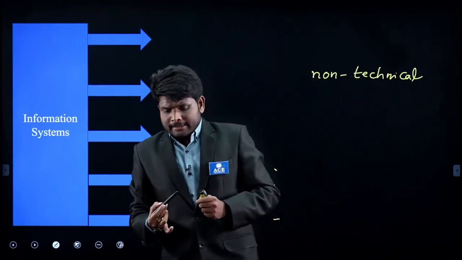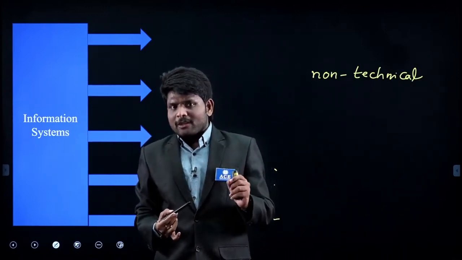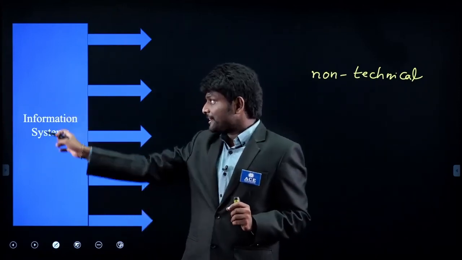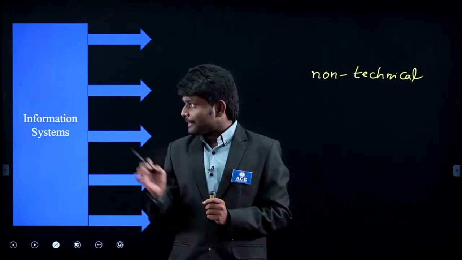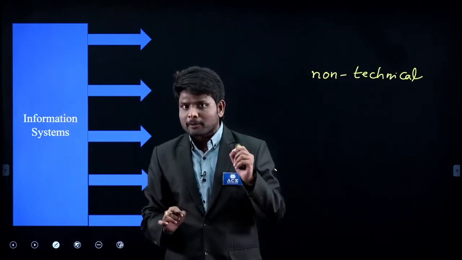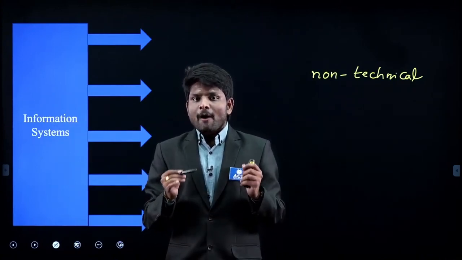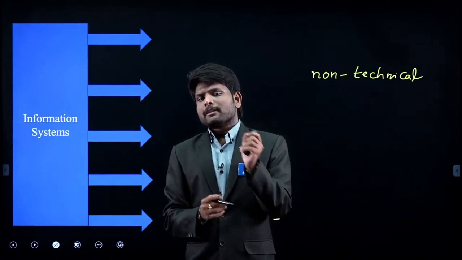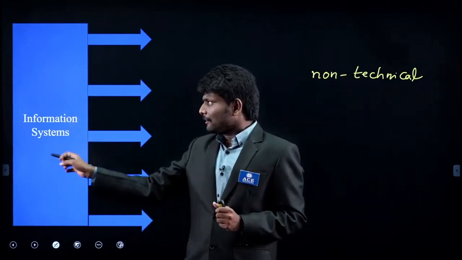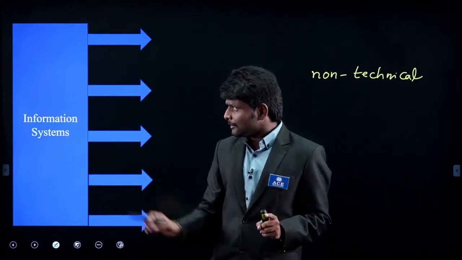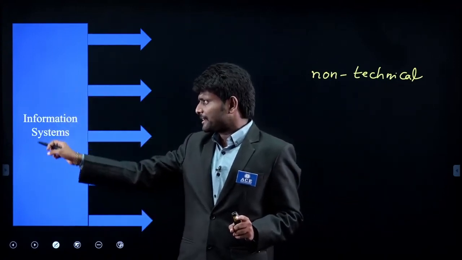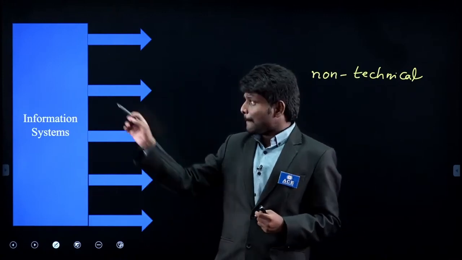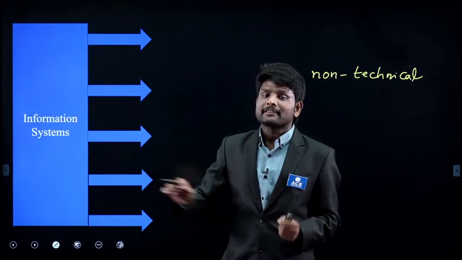Whatever terminology we are using may be related to computer science, but the applications of information systems are not specific to computer science only. If you are a paper setter and you want to give questions from computer science, since the applications are generic, whatever questions you make from information systems can come in a computer science paper as well as a non-computer science paper. Because the applications and genericness of information systems is very huge.